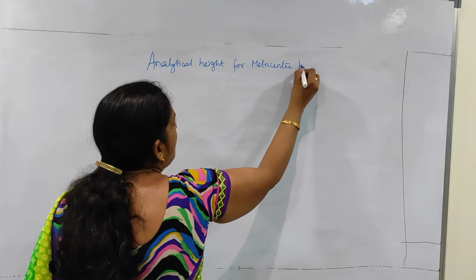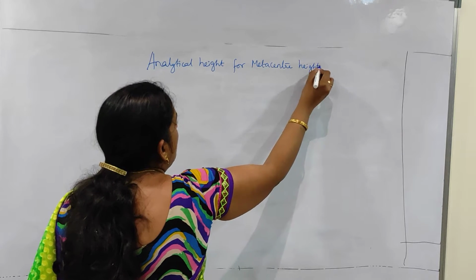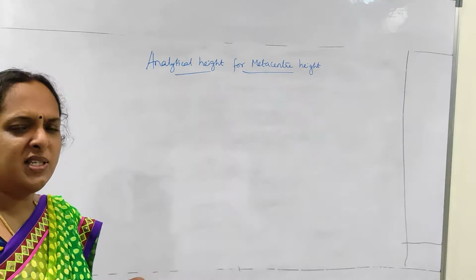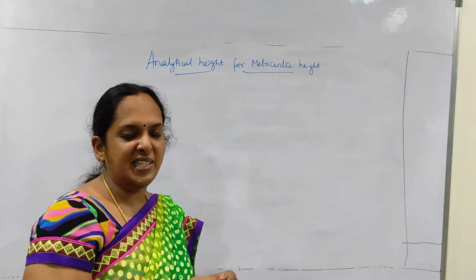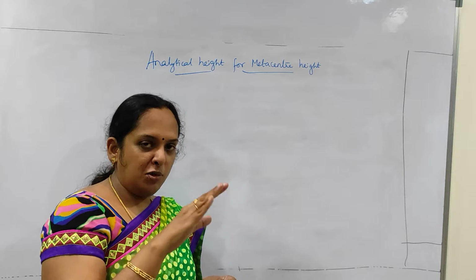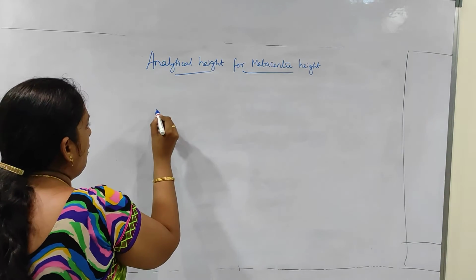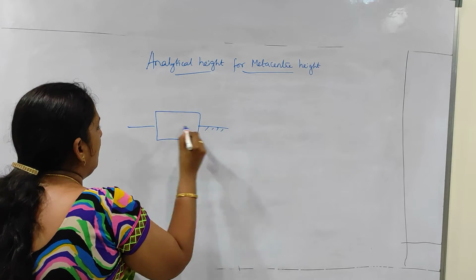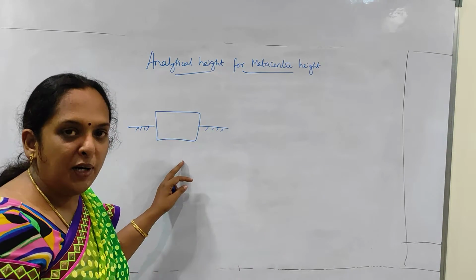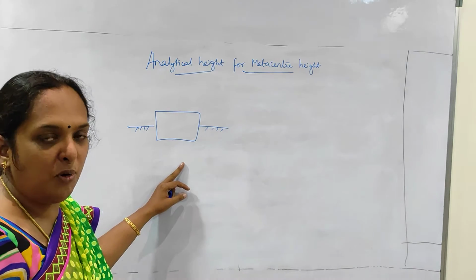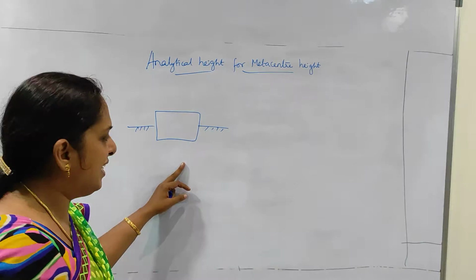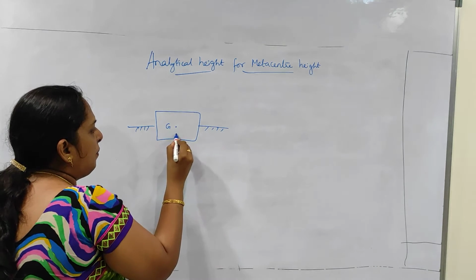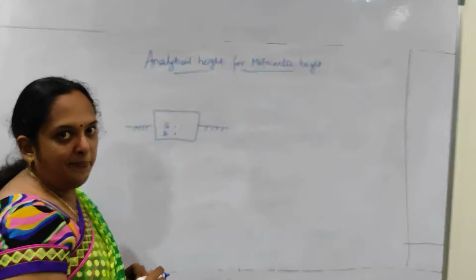In my previous videos you might have seen about buoyancy as well as metacenter. Let's recall what a metacenter is. Whenever a body floats in water, see, this is your body, floating in water. The tendency of the body to get lifted in the water, that is, to float in the water, is said to be your buoyancy. That happens because of the buoyancy force. This is the center of gravity of the body and this is your center of buoyancy.